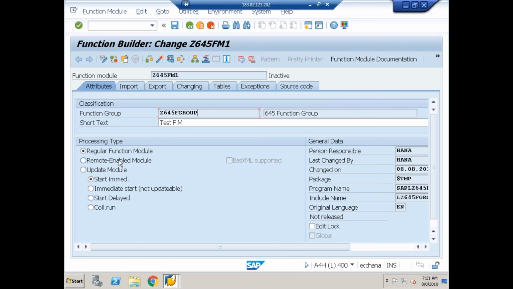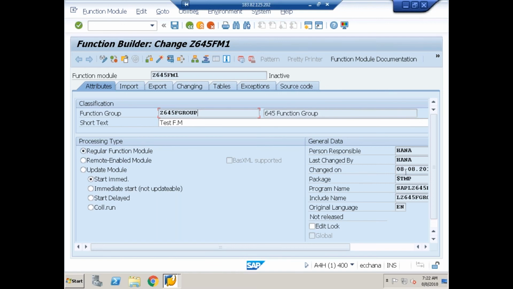Again, it requires some other discussion. So these two things would be covered as part of cross applications. In cross applications, we'll be seeing how to interact between two SAP systems or between SAP and non-SAP systems. These two radio buttons will be discussed elaborately and practically when we come to cross applications, because we require two servers. As of now, by default it is regular, let it be regular only.